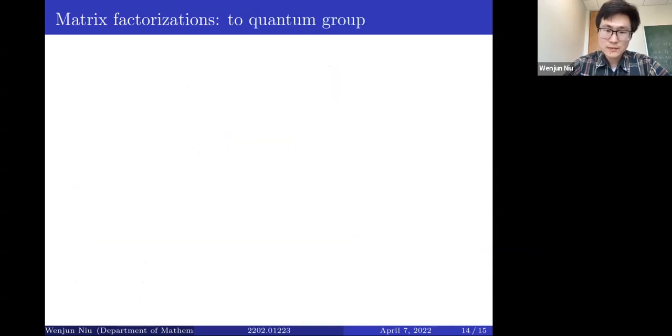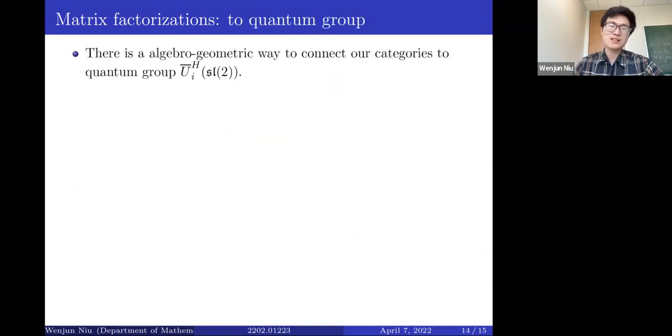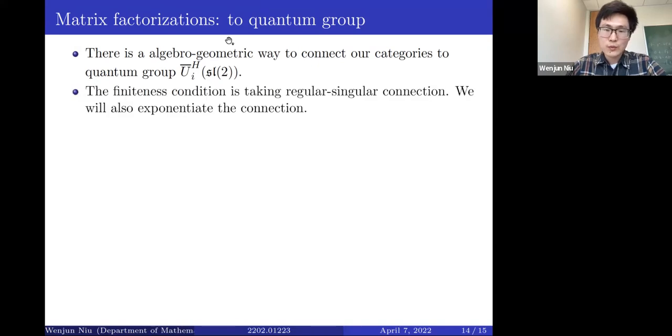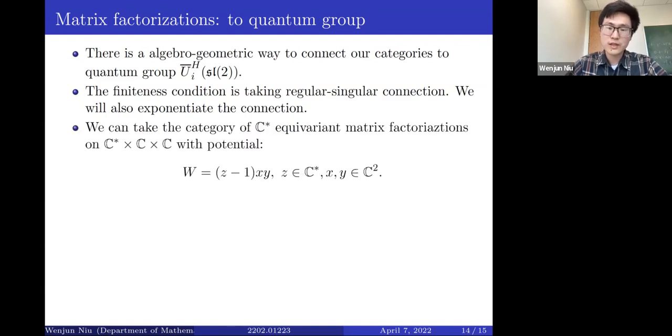Now, it's nice that this category is actually also related to quantum groups. Again, we choose the smaller subcategory that has regular singular connection. So we are going to change the perspective where we will exponentiate the connection. So we don't care about the connection anymore. We only care about the monodromy. And when we do that, this category really just looks like